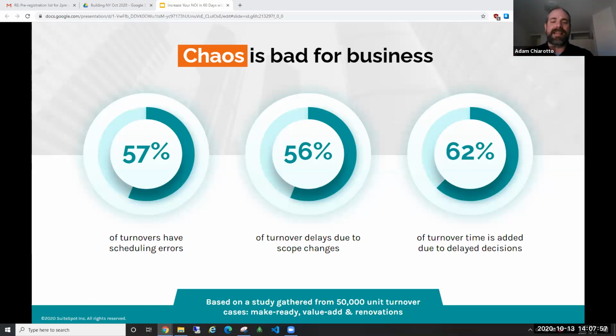We've also got delays due to scope changes. Now, traditionally, we're always going to have certain kinds of scope changes. We'll call those site conditions. We're going to replace the tub surround, and when we take off the old tile, it turns out that the wall behind it is rotten. We can't predict those things. But what we can do is instruct people, when they're doing that pre-move out inspection or the move out inspection, to check certain things. Make sure that certain boxes are being checked so that we're not being surprised later on, because they're not really surprises at that point.